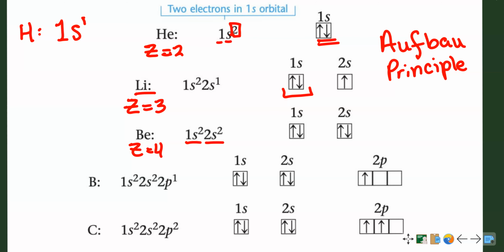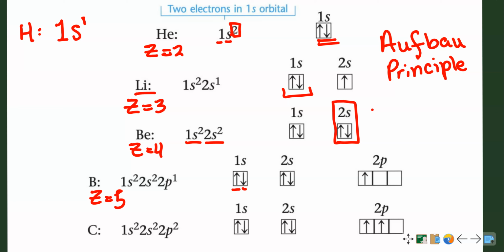So we put that 4th electron in this 2s orbital. But now the 2s is full. So 1s is full, 2s is full. So when we get to boron, which has an atomic number of 5,